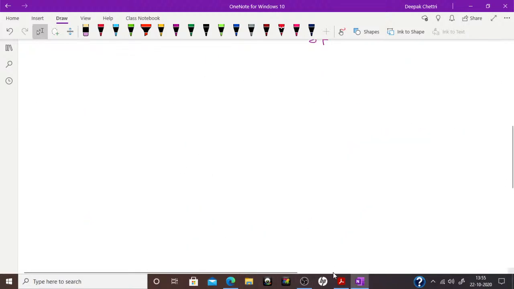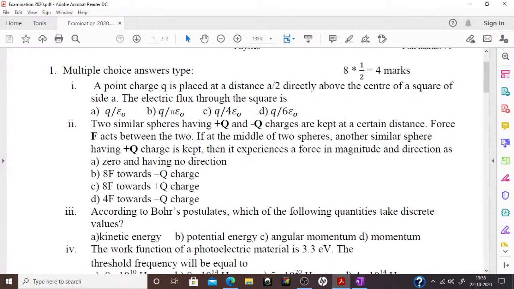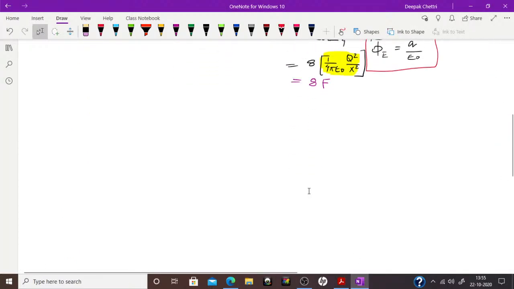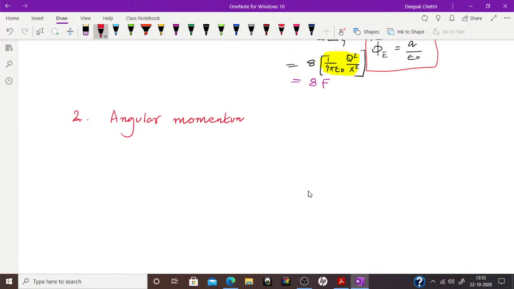Okay, so that's question number 2. Now let us look at question number 3. According to Bohr's postulate, which of the following quantities take discrete values? So if you have studied Bohr's postulate, I think it is the second postulate, which says the angular momentum of electrons